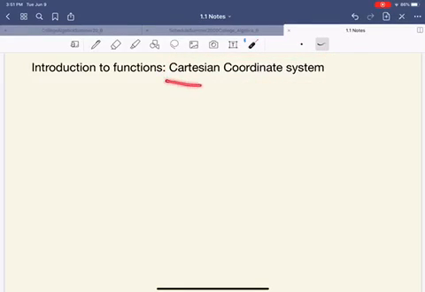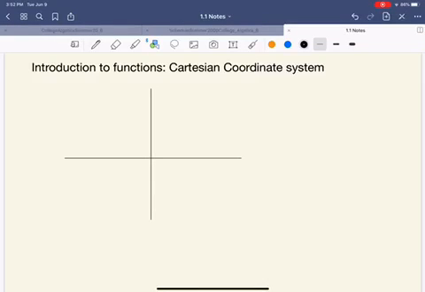All right, so the Cartesian coordinate system, I imagine most of us have already seen this at some point. Let me change the color on this. Okay, and let's start. So, Cartesian coordinate system. I can start by drawing a couple perpendicular lines here. Okay, and it's the Cartesian coordinate system